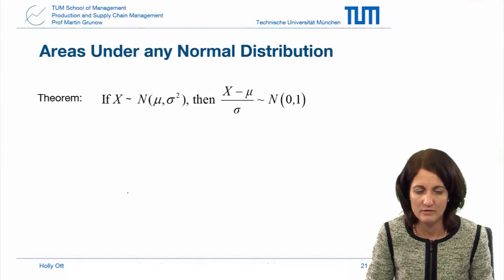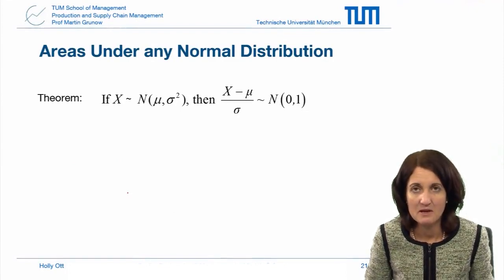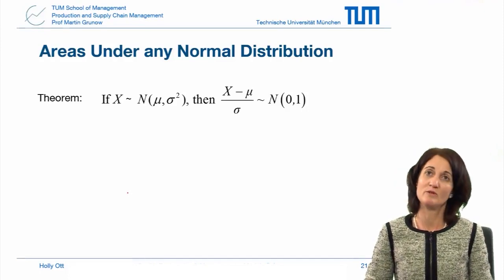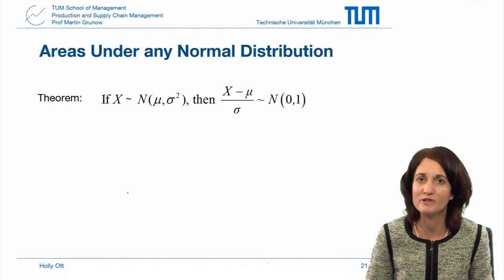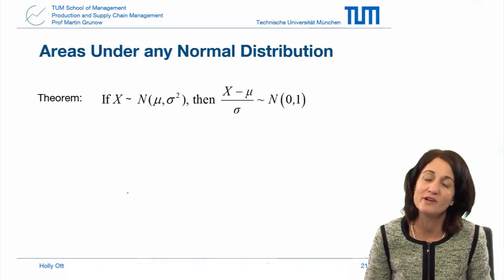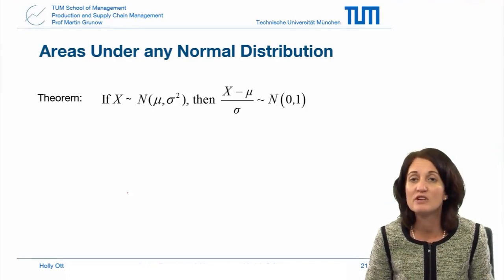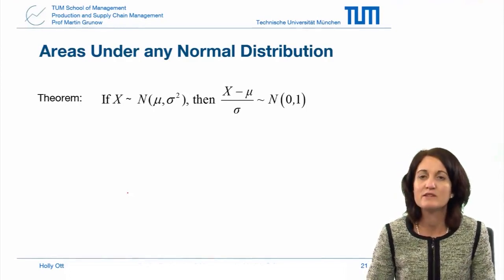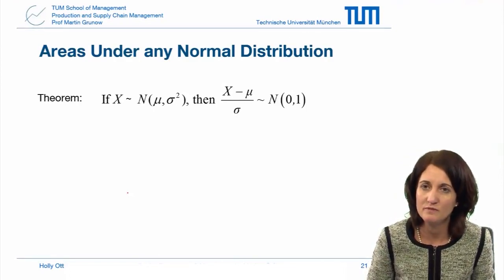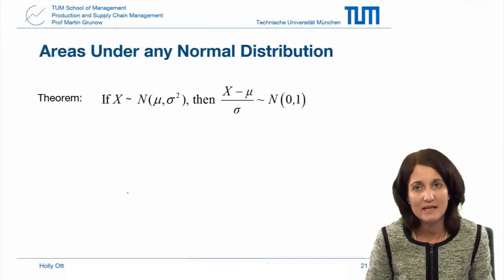What I'd like to do now, though, is move on to the reality, because it's nice that we have a standard normal distribution with a mean of 0 and a standard deviation of 1, but most variables are not distributed with a mean of 0 and a standard deviation of 1. In fact, our tabletops, maybe they have a mean of 100 centimeters, for example. But the following theorem provides the relationship between any normal distribution, any variable that's normally distributed, and the standard normal